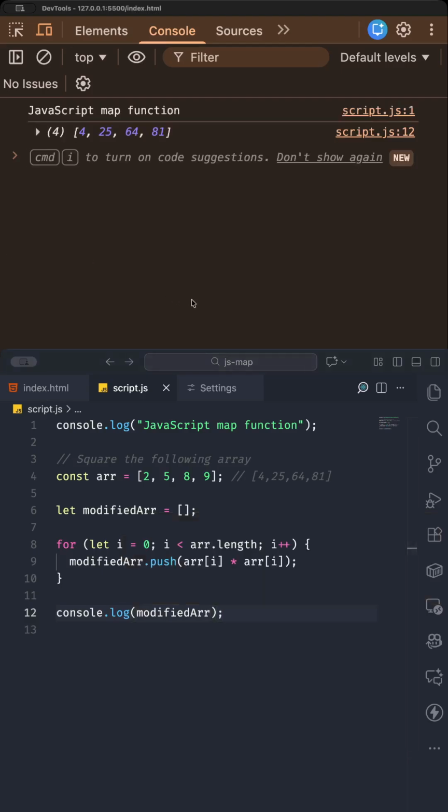Okay, we got our answer. So you can see how many lines of code this one took us, and also it is very verbose. You can see it, whereby